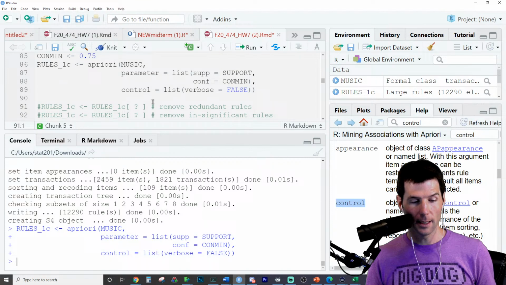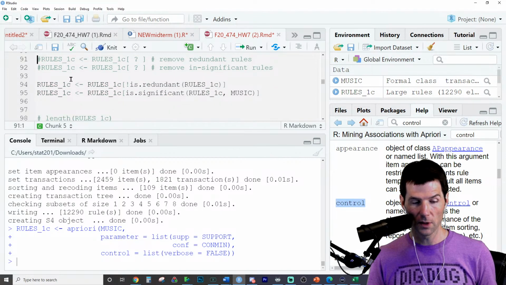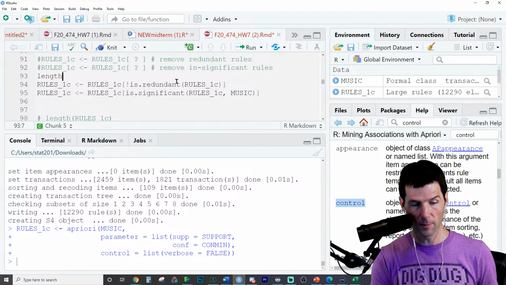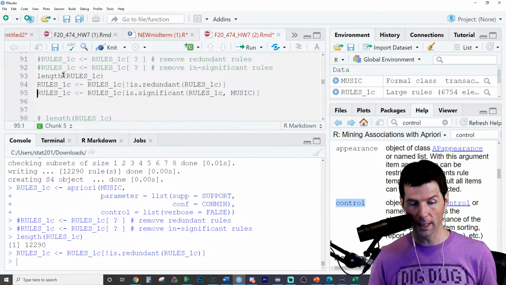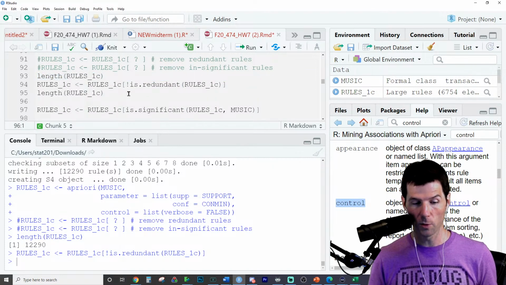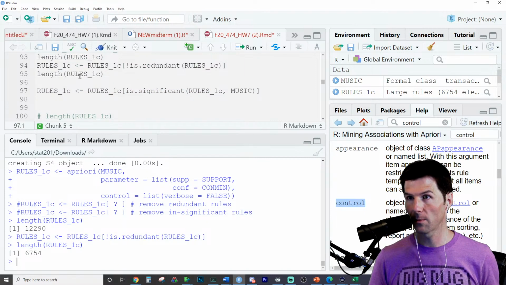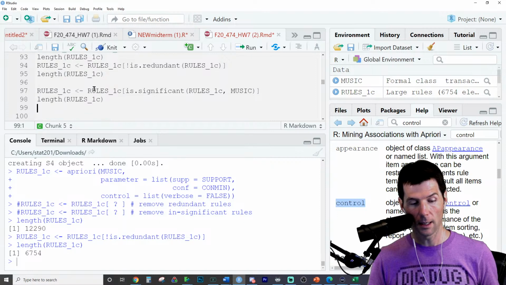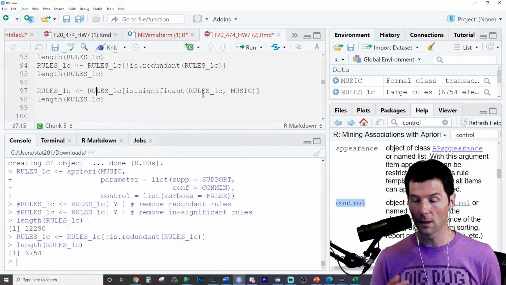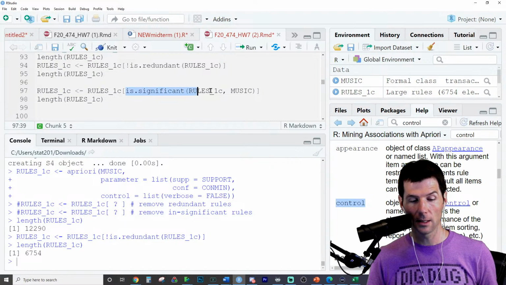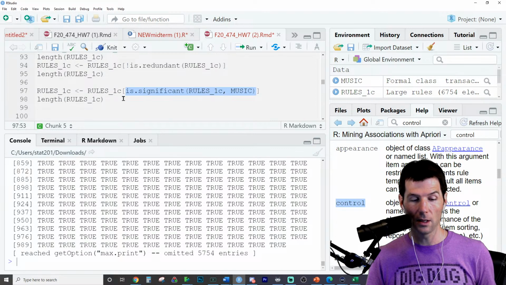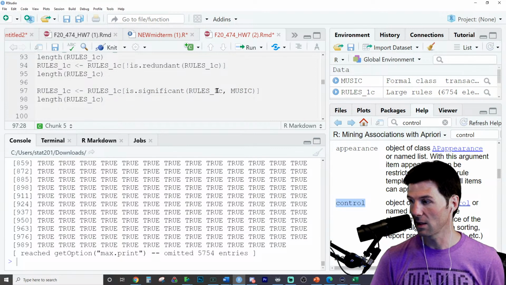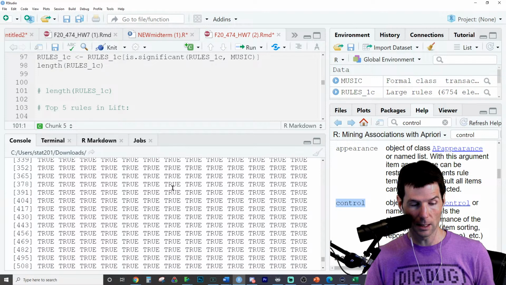So now let's go ahead and remove the redundant rules. First off, I want to look at the length of my rules. This just tells me how many rules I've created. We're overwriting our rules now by removing the redundant ones. So if you look, we've whittled down our rules some right here. This is what Aaron's asking about. Aaron says they've removed all but the significant rules. This is a test to see if the rule is significant. It looks like it's all true, so only things that are true will be returned, as in it is significant. And I think that did not change.